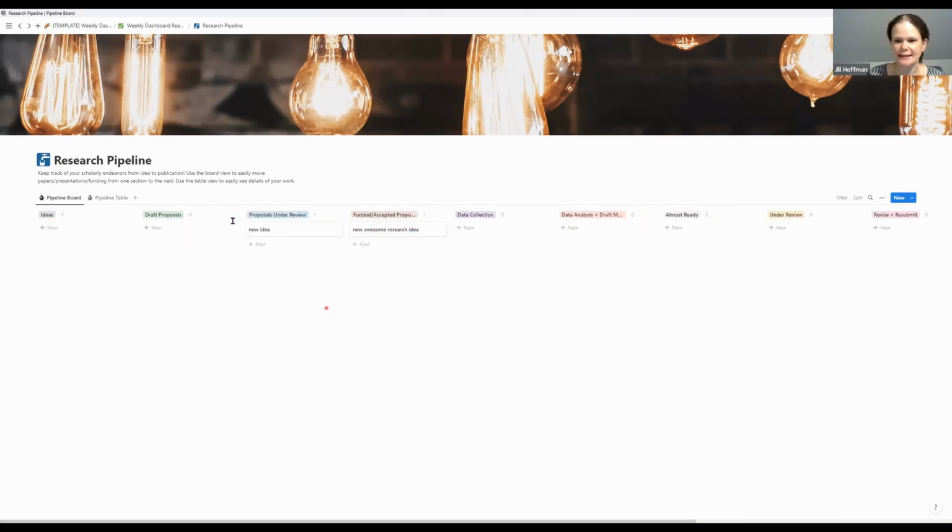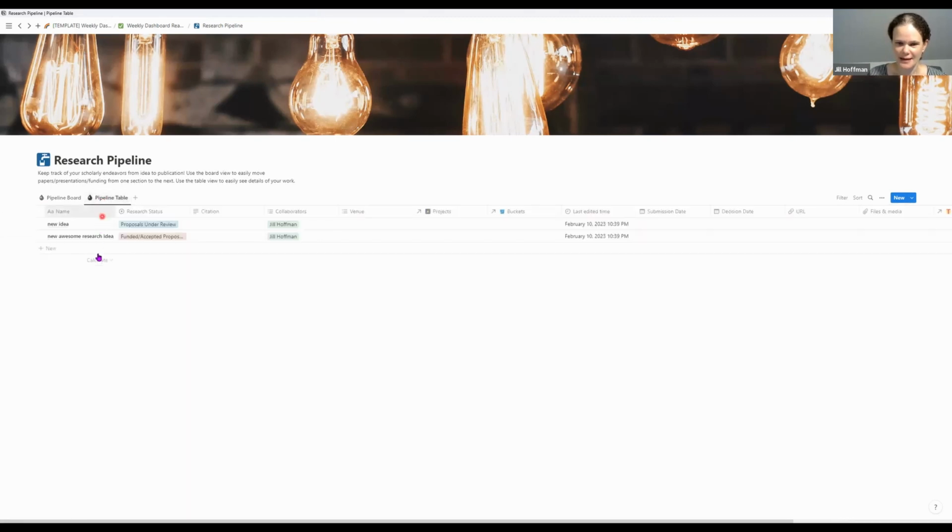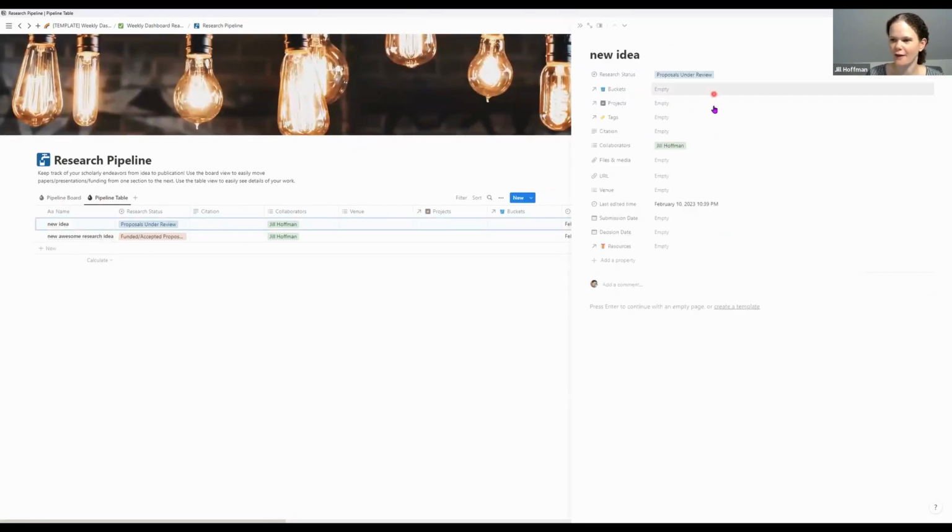So you could see this in the board view. You could also see this in a table view that shows you the different aspects of it. If you were to open up one of these things, you could enter in all that information that's in the table here and then add in any notes that might be helpful for you down here if you wanted to. So you can connect it to a bucket project, give it a tag if that's helpful, add in the full citation, any files or associated media, a URL once it's published,